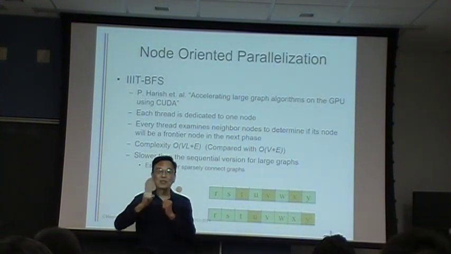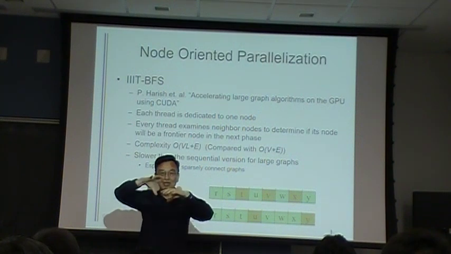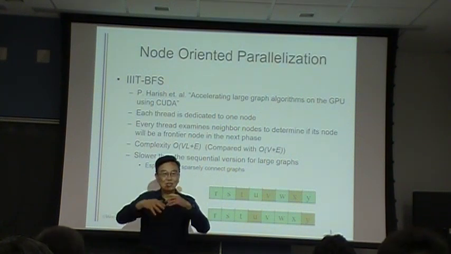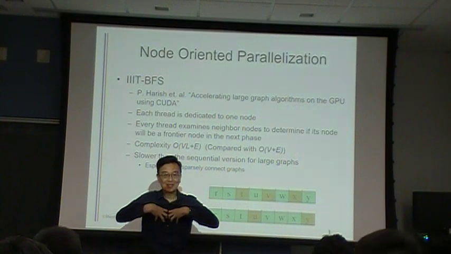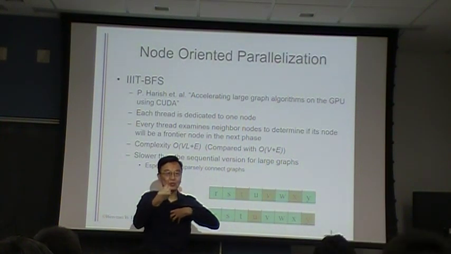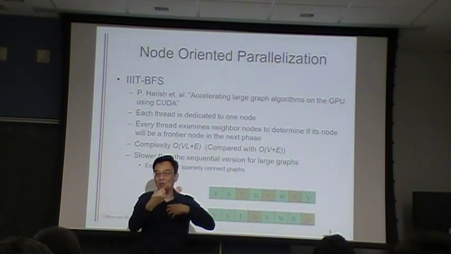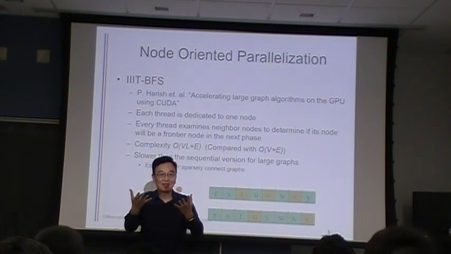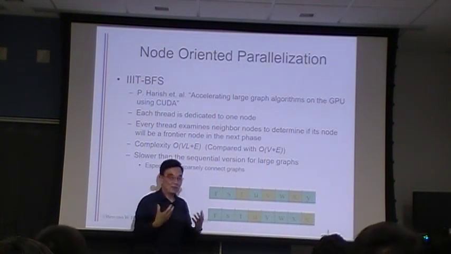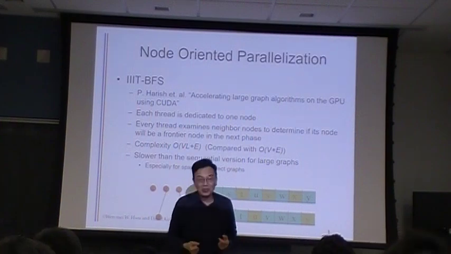If so, I put a 4 into my node, and that's the action of putting the node into the frontier. So it went from -1 to 4 now. Next time when I wake up, I'm going to look at this, oh, -1,